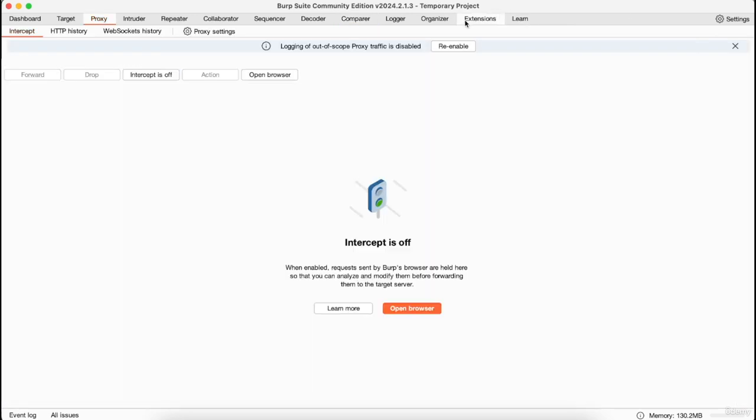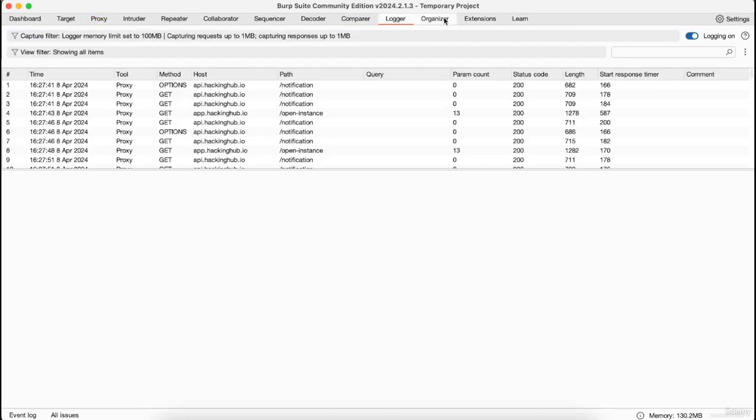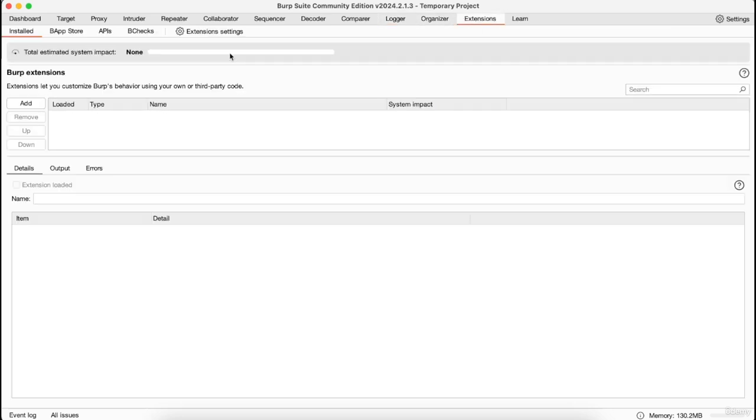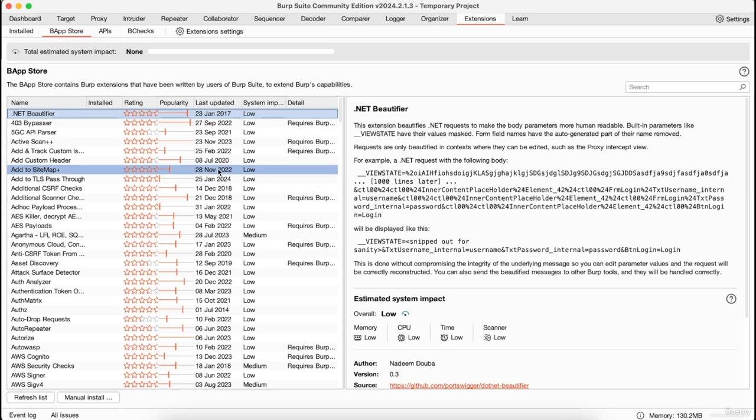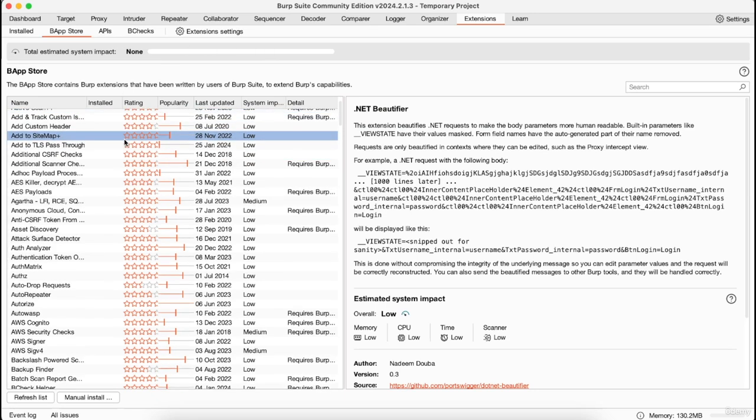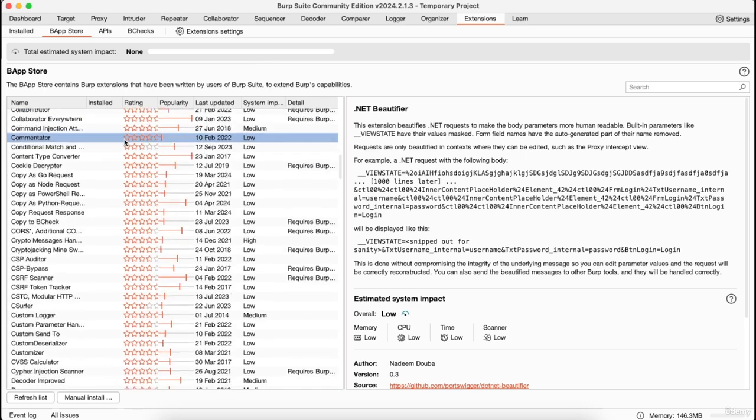And the last thing that I want to talk about is the extensions. You can see right here I have Logger, for example. You can go to extensions and install whatever extension you want. You may have to actually install some stuff in the backend for it. I think I've already done this for mine. But one of the things you can do here is you can go here, and let's say if you wanted to